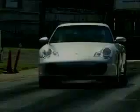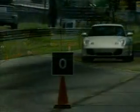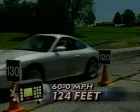The clutch is heavy, but has excellent feedback. The 6-speed manual shifter engages easily despite a slight but familiar rubbery feel. The same goes for the brake pedal. It activates the turbo-sized 13-inch ABS-controlled discs, which yanked the C4S down from 60 at an average of 124 feet